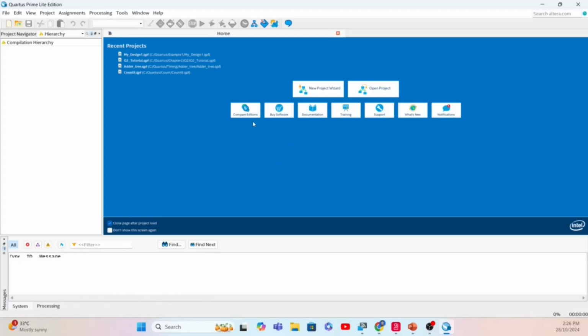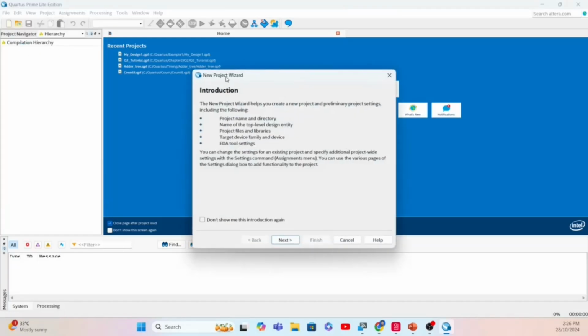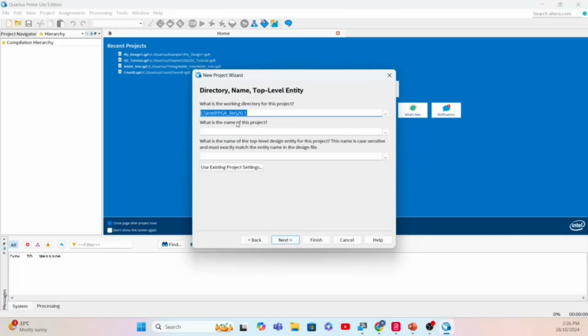Okay, so now let's create a new design. Let's do that. Okay, so at first, when you want to create a new design, what you need to do is to create a new project. Okay, so you can use this option. We call it new project wizard. Okay, or you can get from here, file, go to new project wizard, same thing. Okay, when you click that, you will have this window. Just click next here, and this is very important for you to